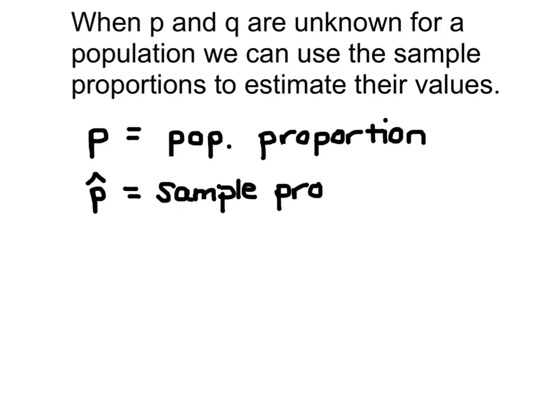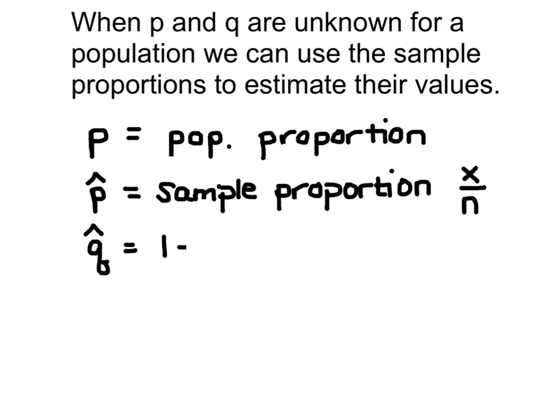And when we're talking about the sample proportion, generally the sample proportion is equal to our number of successes over the total number in the sample size. And Q hat is equal to 1 minus P hat,